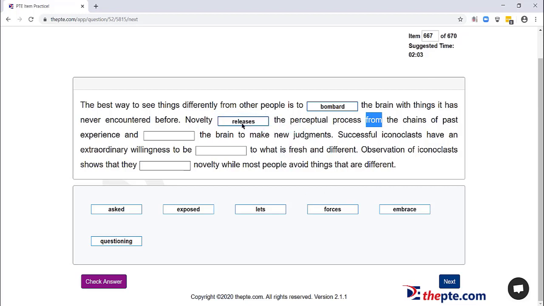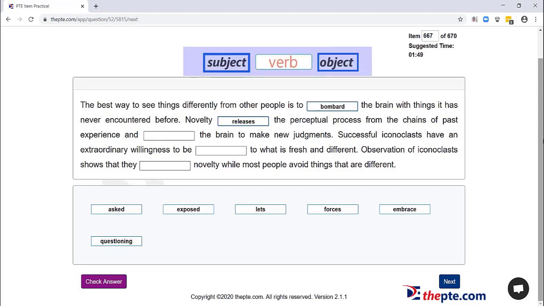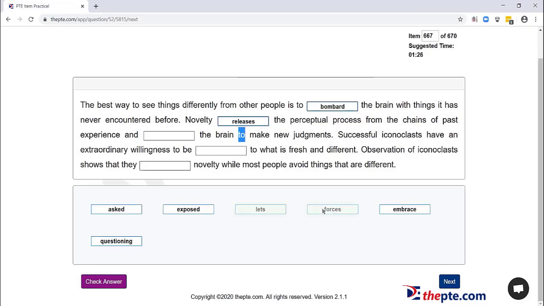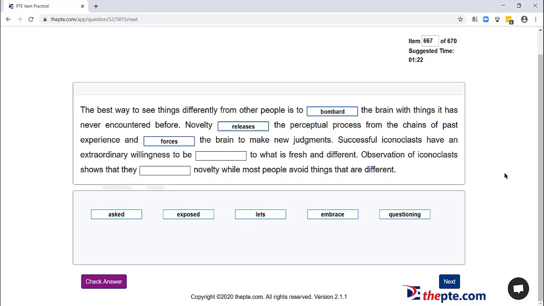Now the third gap. Before the third gap, you have and, therefore novelty is the subject of this sentence too, and you need a verb with the third person s as well. And out of the possible answers, forces is the answer. And the reason